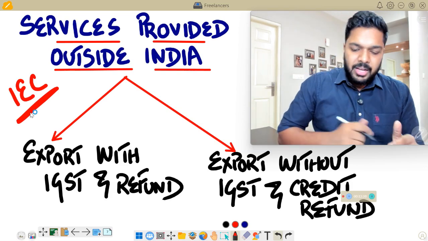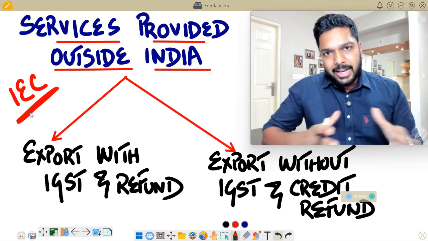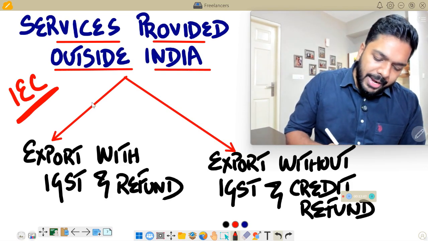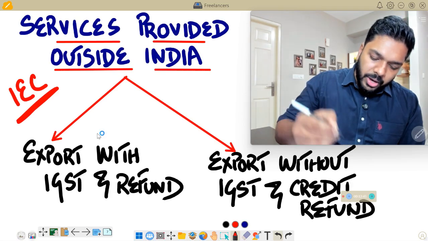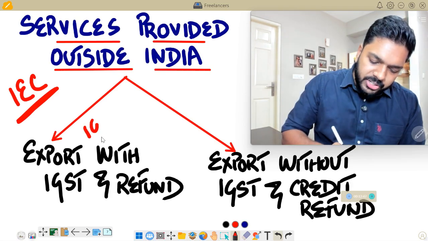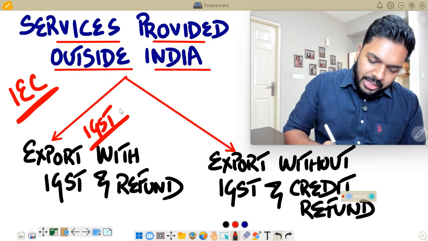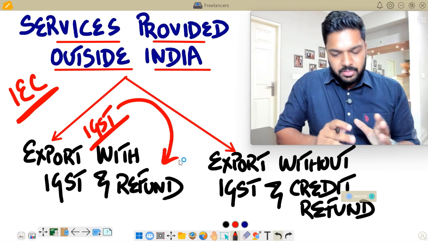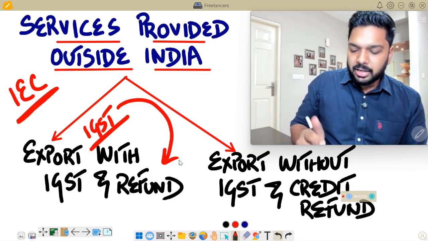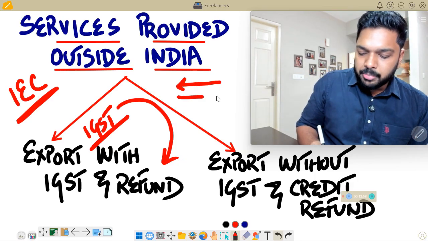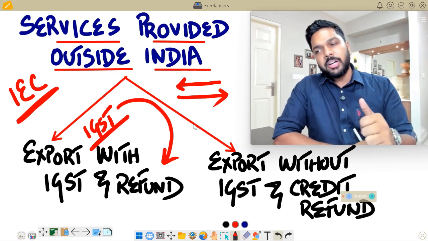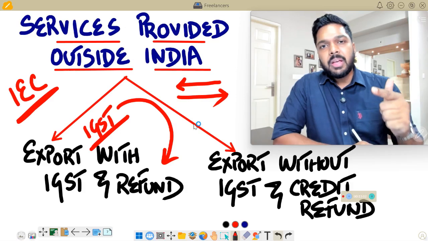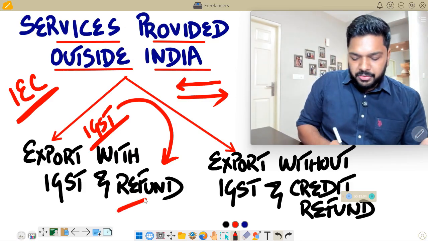But coming into GST, under GST, you have two legs of export. You can be an exporter of services wherein you pay IGST and then claim a refund of the same. Because the government of India tells you that you are doing a great deed for the country by exporting services and bringing in foreign currency. So we'll give you two options. One, you export out services, pay GST and then claim a refund of the same.